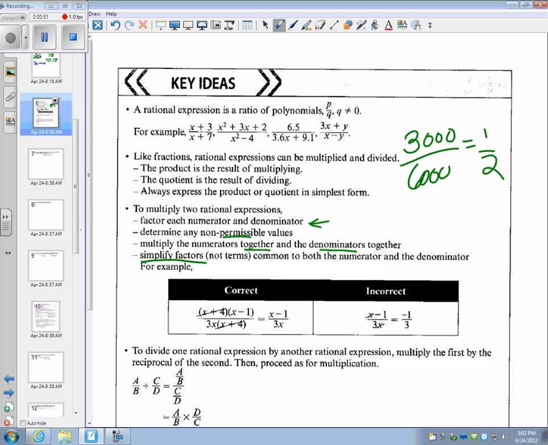If factors are common to the top and the bottom, we can cross them off. So you can see here we have x plus 4, x minus 1 over 3x, x plus 4. There is a common factor that could be crossed off. What's not allowed is if you have 3x minus 1 over 3x, because there's a similar term, you don't get to cross those out. Okay, that's like saying 2 plus 3